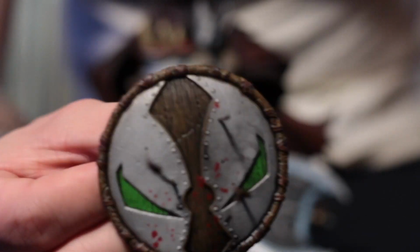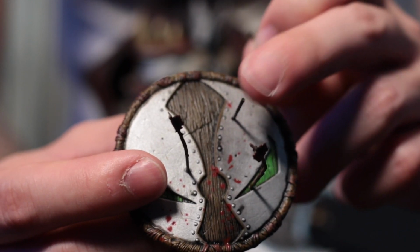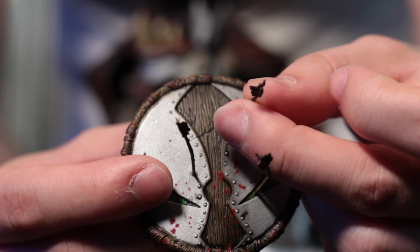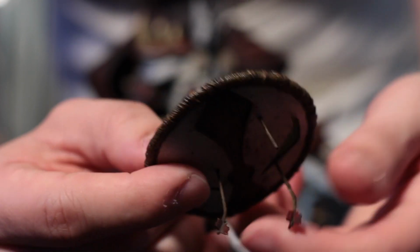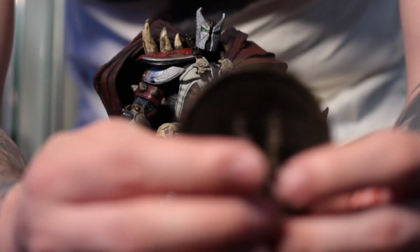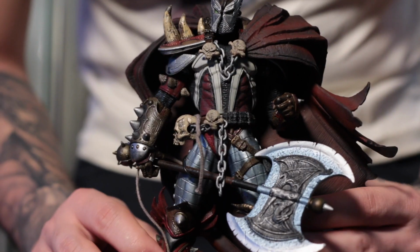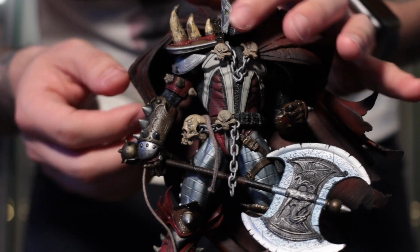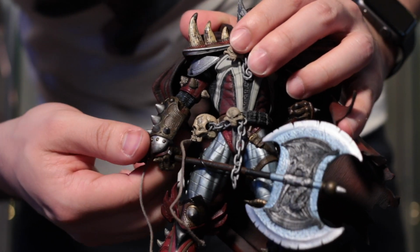Let's see how close we can get here. Right, and you can see one of the arrows here is missing its little feather fly piece. I forget what it's called, but that needs to be glued on. The back of it seems to have a piece that can clip onto the arm. Right? Here's another look at Spawn here. Now I don't know what his articulation is, if he even has any, but looks like...